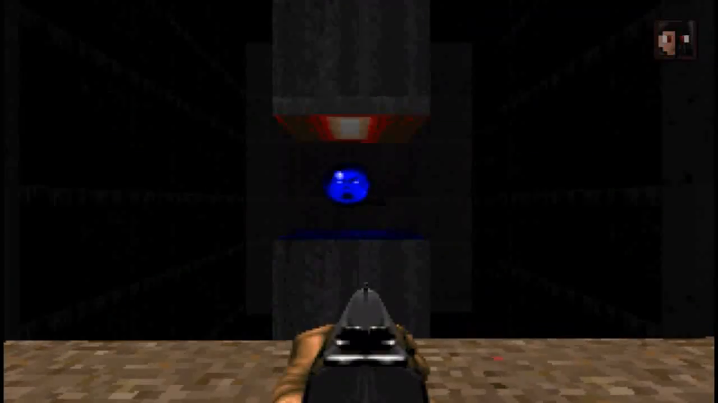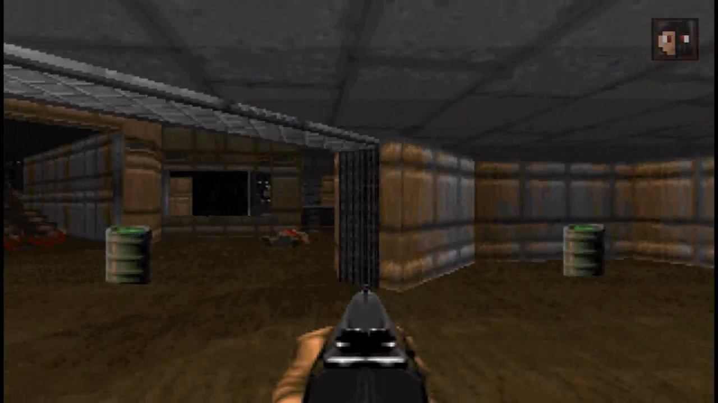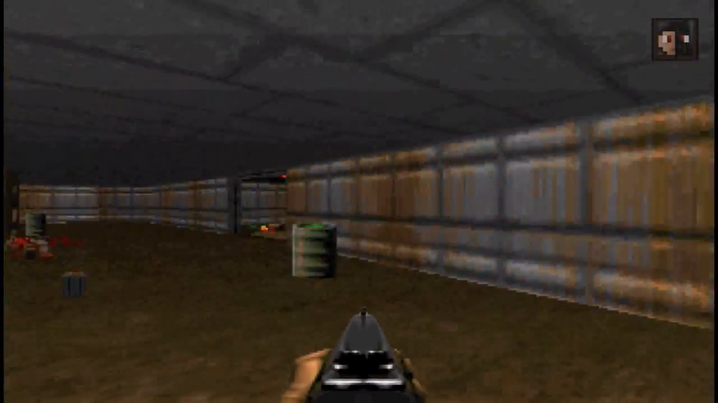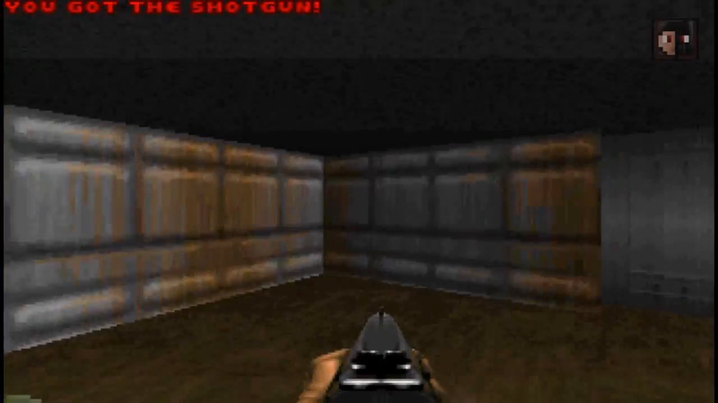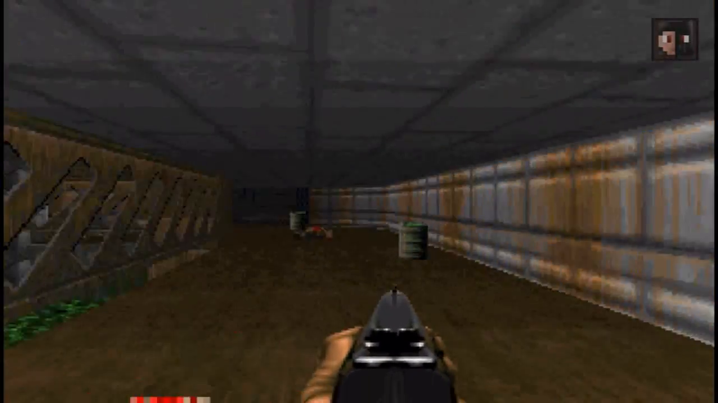I do not remember where I'm supposed to go. I think I have to go back to the beginning. Is this the blue? No, I have to go to the blue door. First take some ammo and some health. I'm not gonna make these